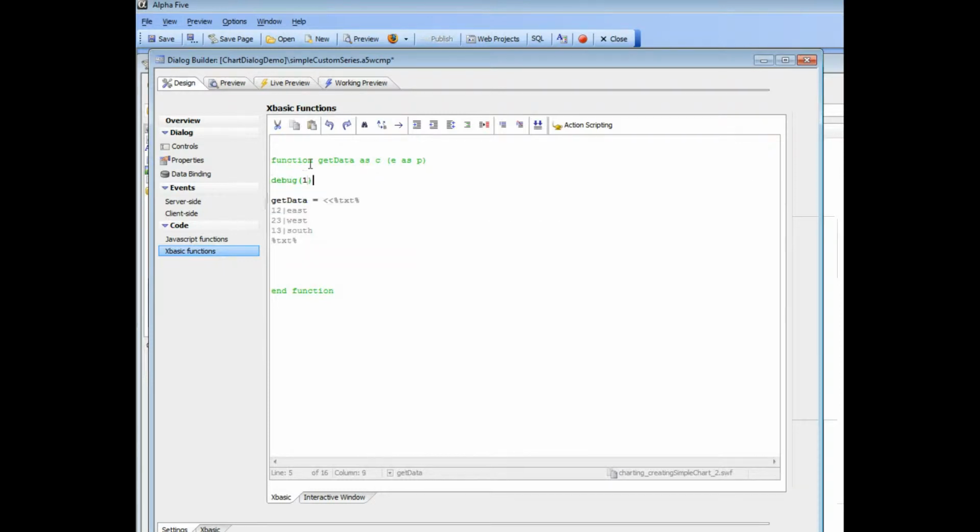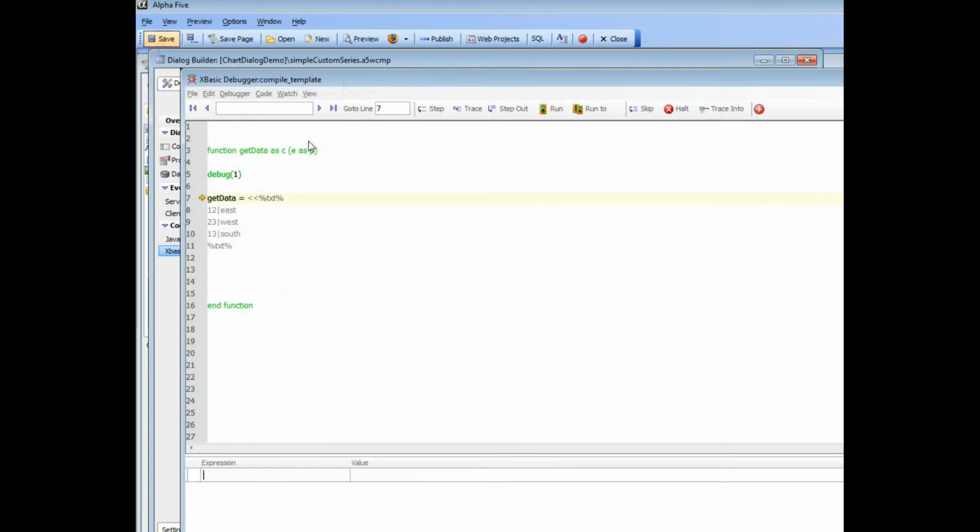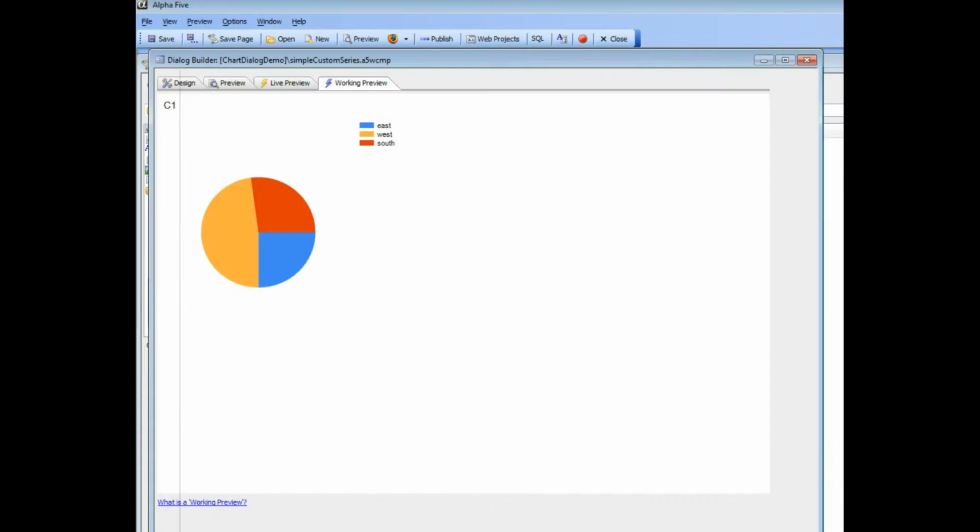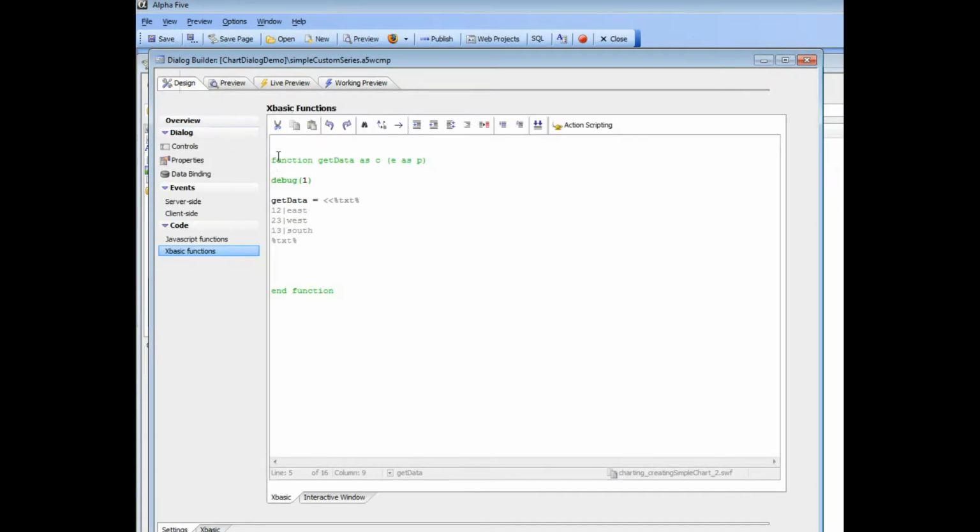So now when we go ahead now and render the chart, you can see the XBasic function gets called, and it returns this set of data over there, and now there's my chart displayed over there. So by using an XBasic function, we can of course have a great deal of control over the data that's in the data series. So if I were to go now there and change that, for example, to 17,